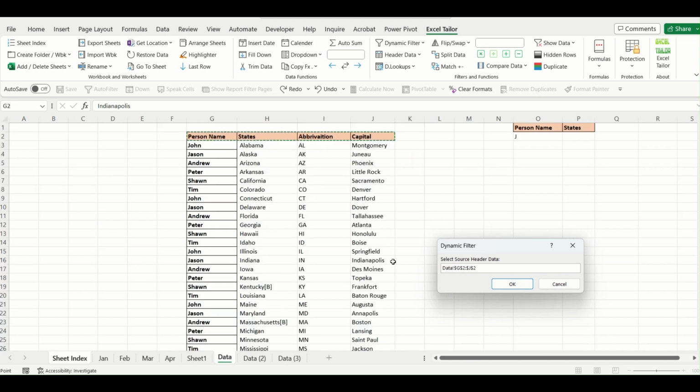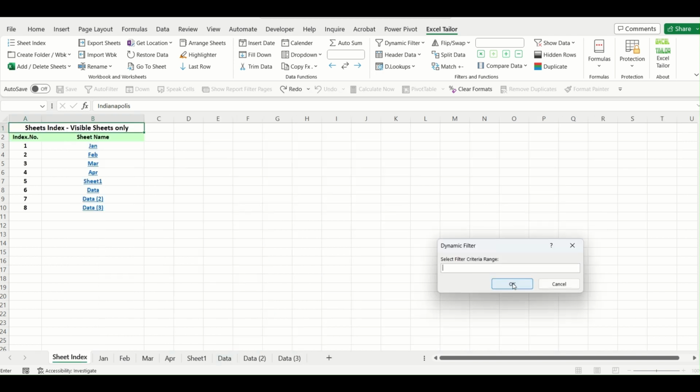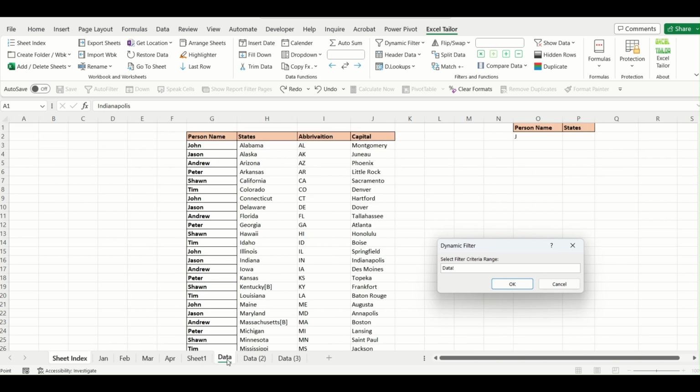One thing you have to make sure is that the header data should be in the same range in each of these sheets. That means if it is starting from G2 and going till J2, it should be the same in each of these sheets, and I will click on OK. The next thing is it is asking me to select the filter criteria range. So I will again go to my data and select the criteria like this,